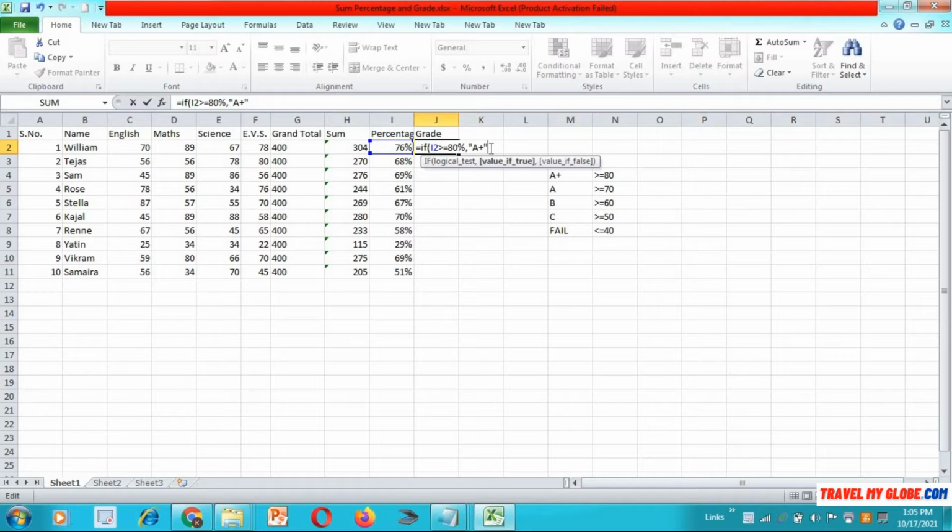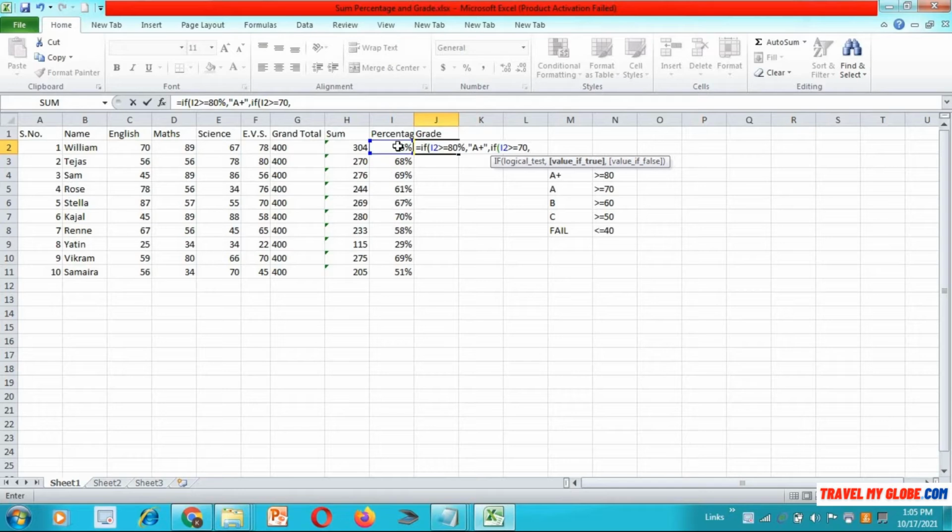What if it doesn't happen? Then type another if condition. This is called a nested if. See it very clearly. Type if, bracket starts. You can clearly see there is a slight change in the color of the bracket. Okay. Now again check the percentage. Which percentage? This cell. I2 is greater than or equal to 70. Just give it A, the grade A. So type a comma.